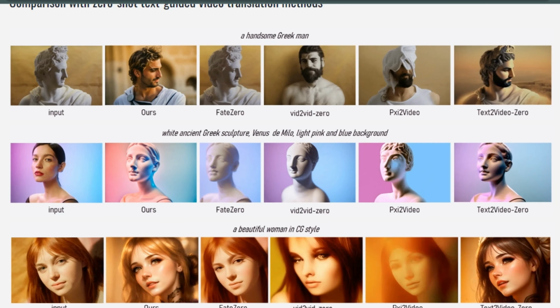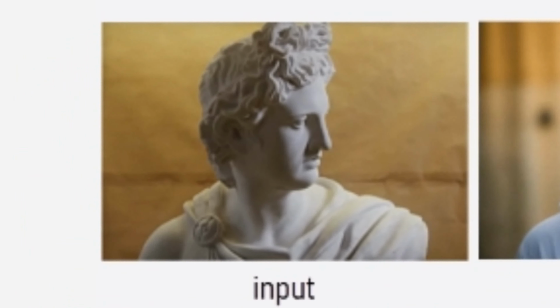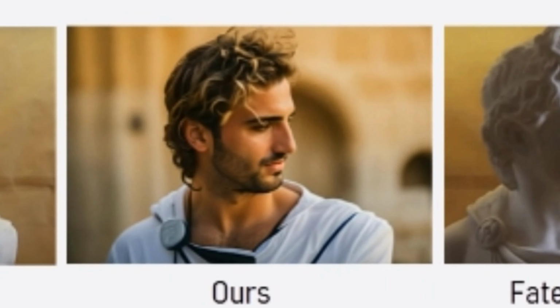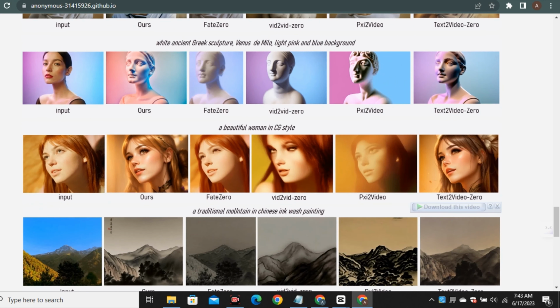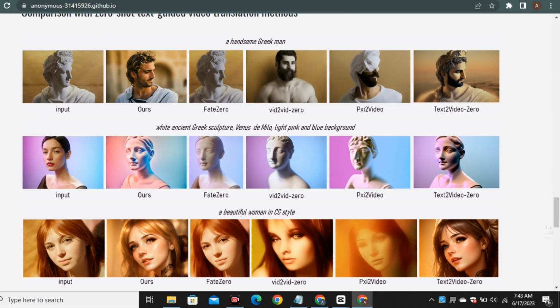And these are some experimental results in comparison to other video models, where you can see an input video of a sculpture, then they give it a prompt to convert it into a handsome Greek man, and just look at the results, how realistic it is, while the other models are not even close to it. Well, I haven't even heard about these models before, and if you guys know about this, please let me know